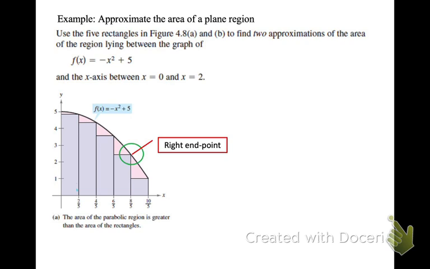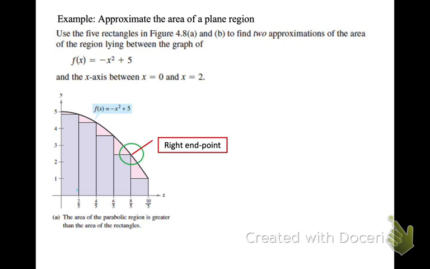Length times height, length times width, or width times height, whatever, right? So that's what we would use. Okay, and it says use 5 rectangles. Find 2 approximations of the area of the region lying between